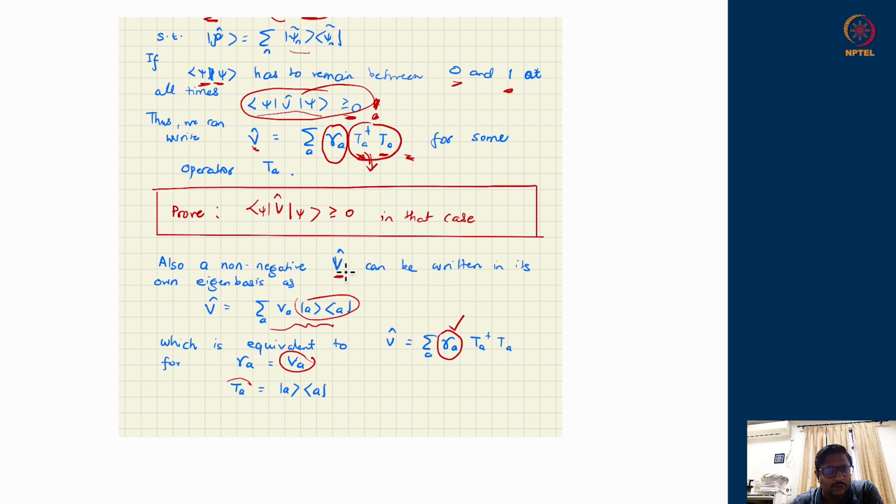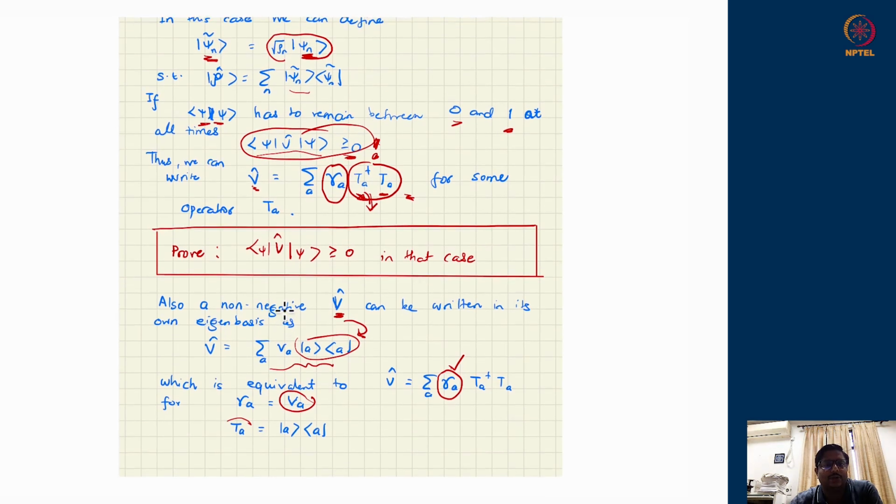So any Hermitian operator can be decomposed in terms of its eigenbasis like that, and from there you can decompose it back into the terms of dissipative processes going on with certain rates, with the eigenvalues of V controlling the rates. Okay, this is just an example of writing the dissipative Hamiltonian.